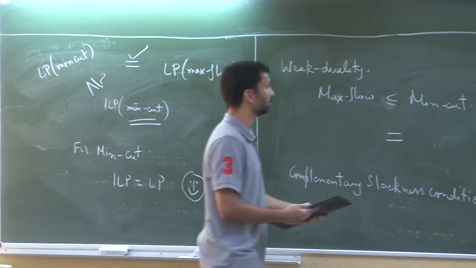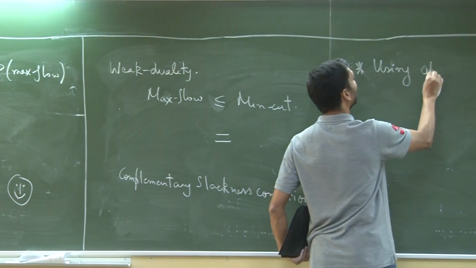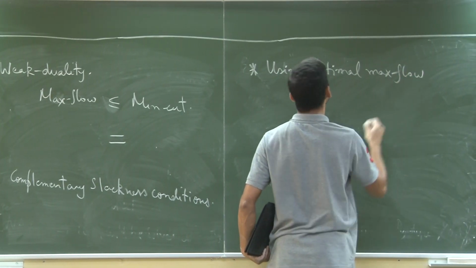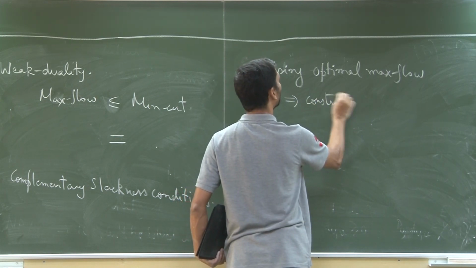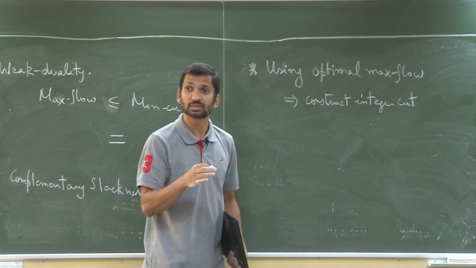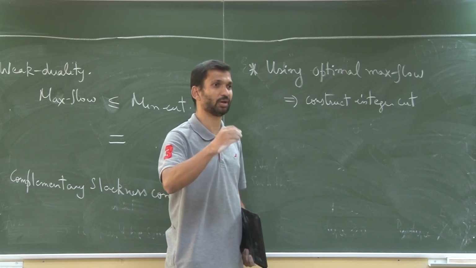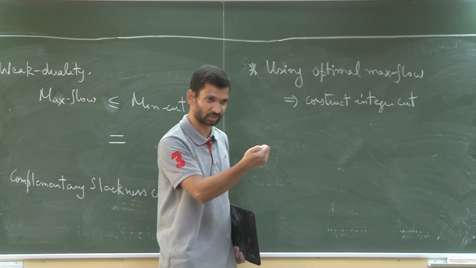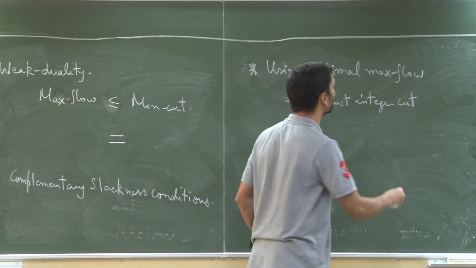Okay, so this is the idea. Using optimal max flow, construct integer cut. Integer cut means either 1 or 0, right? It's not saying that the value of the cut is integer. It is saying either the vertex is given to the cut or not given to the cut. I can't give 0.5 of the vertex to the cut. Okay, so construct integer cut